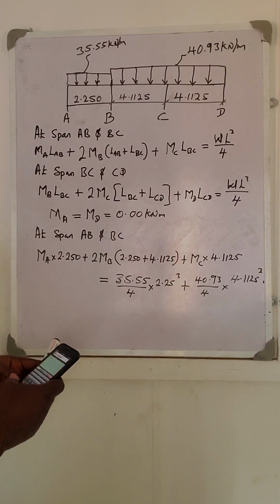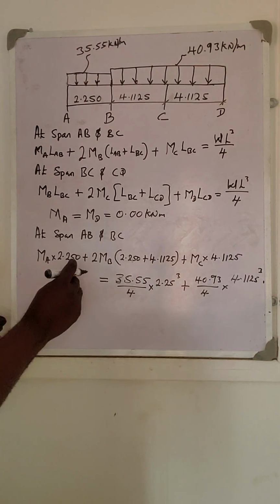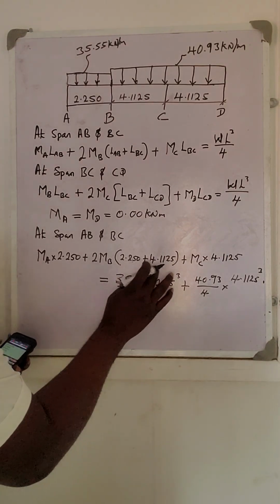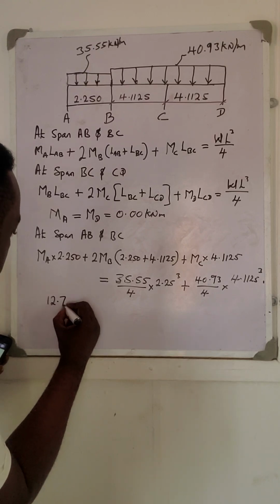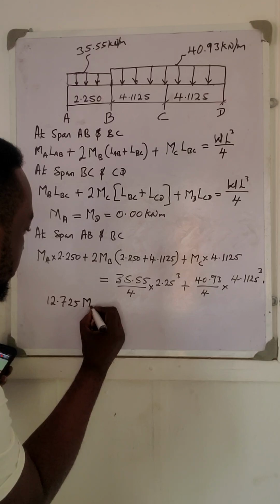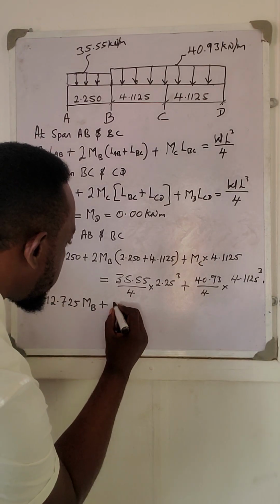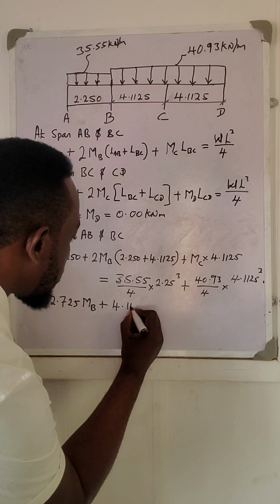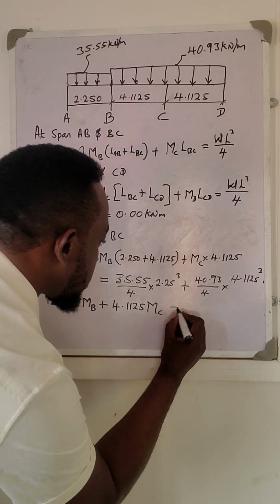2.25 plus 4.1125 will give me 6, multiplied by 2. So 2 times the whole of this number will give me 12.725 MB, plus MC will now be 4.1125 MC is equal to,